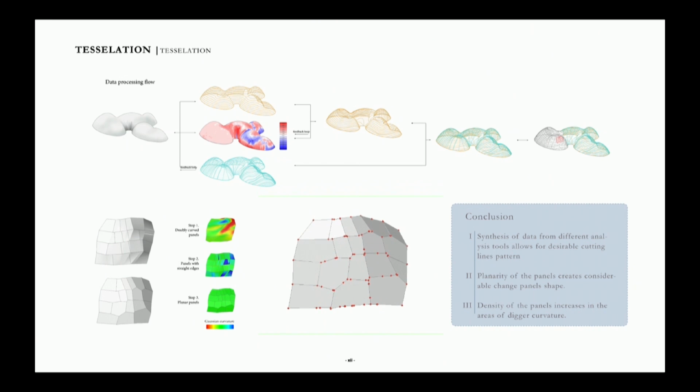It was moving points of each panel towards coplanarity without disturbing the continuity of a surface. As a result of this experiment, we can admit that customized tessellation brings a lot of complexity into the cutting pattern, because each panel is in the end different. And the planarization algorithm, although it worked efficiently, it brought distortion to the panels again.